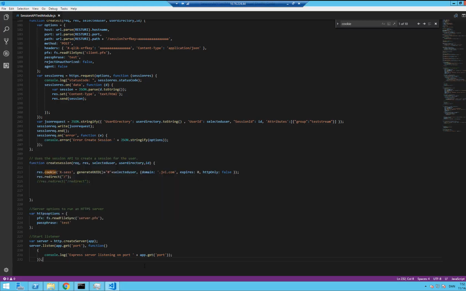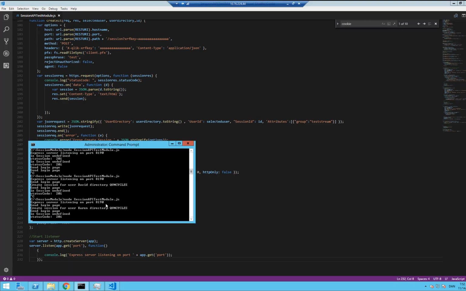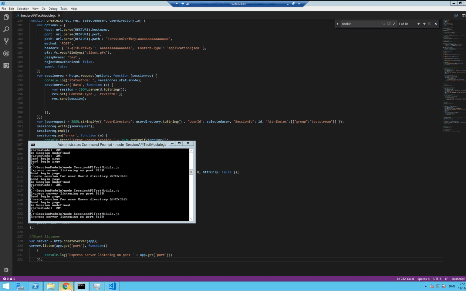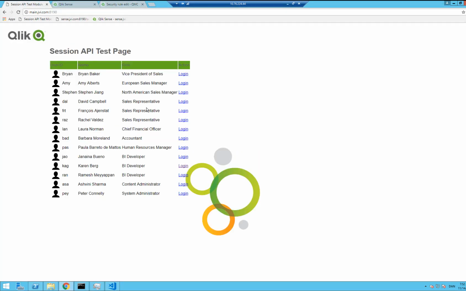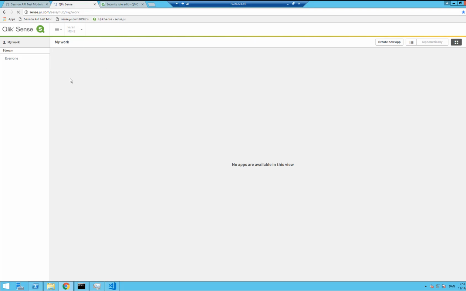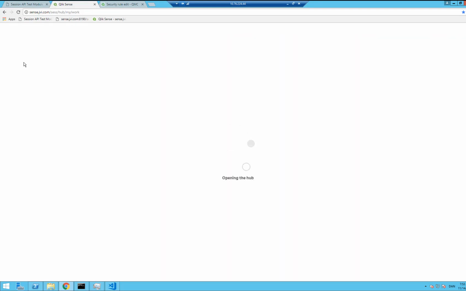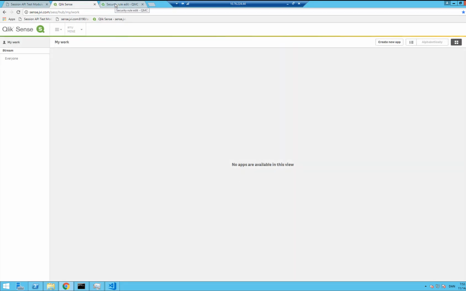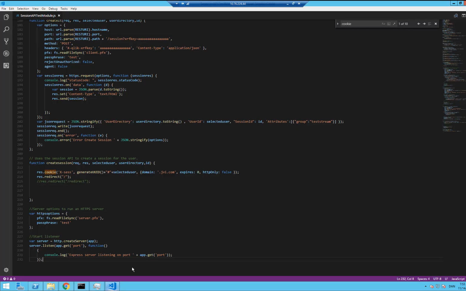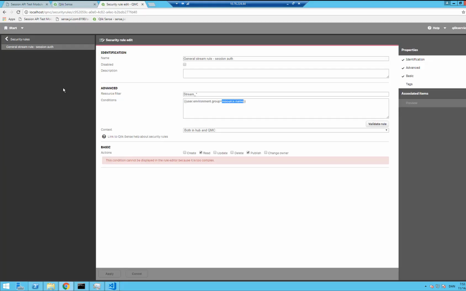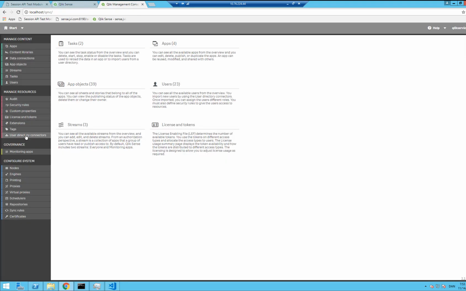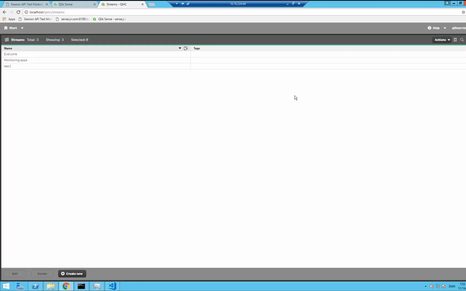Let's restart the session module and do another login. If we look over here on the Qlik Sense hub and refresh, we can see the Everyone stream. We have added a hard-coded group in our session request, but of course that could be dynamically based on the login. If we make a new stream in the QMC and call it teststream, the same as our hard-coded group name,